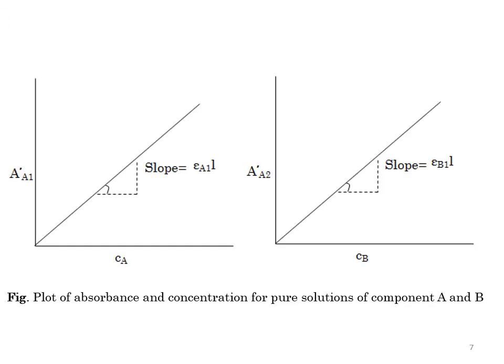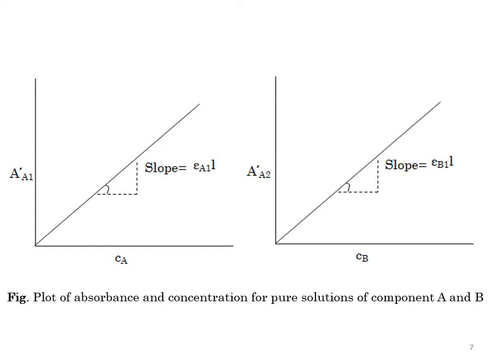The molar absorption coefficient, represented by the symbol epsilon and used in Beer-Lambert's law, can be calculated by plotting absorbance as a function of concentration. The molar absorption coefficient has different values at different wavelengths for the same component. So in case of a mixture, the molar absorption coefficient of each component can be calculated at the lambda max of component 1 and at the lambda max of component 2.